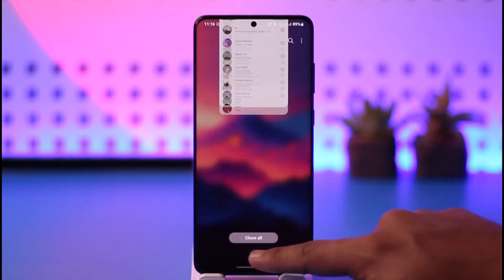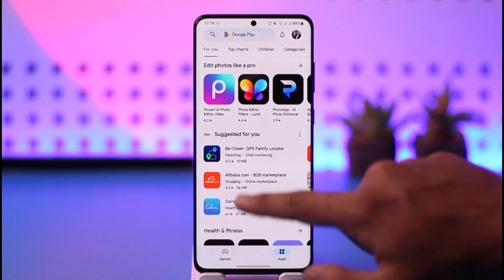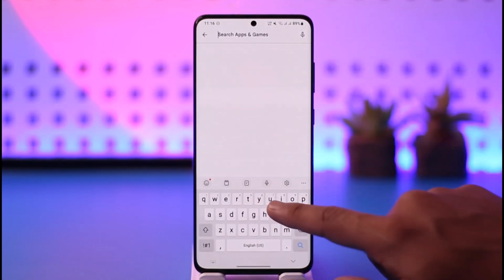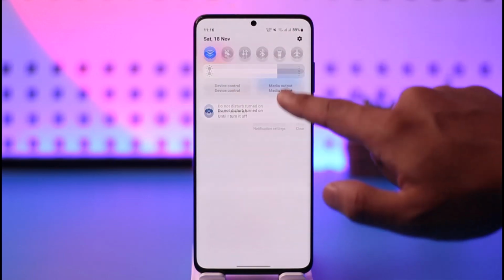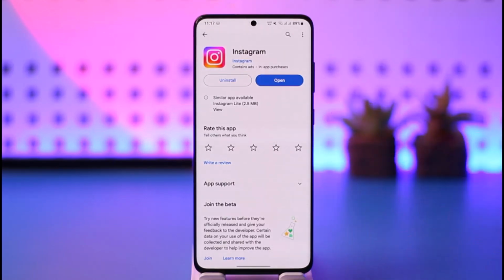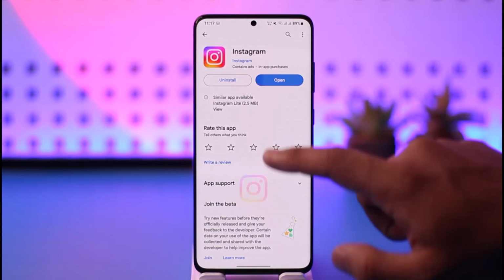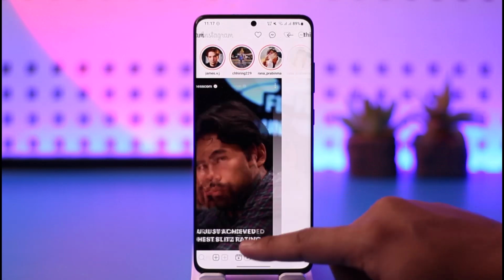So to actually find it, what you need to do is open up your Play Store and then just search for Instagram. Once you search for Instagram, check if the Instagram app has an update, and if it does, just make sure to update the Instagram app to the latest version. After you've done that, whenever you open the Instagram application, you should definitely get the new messaging